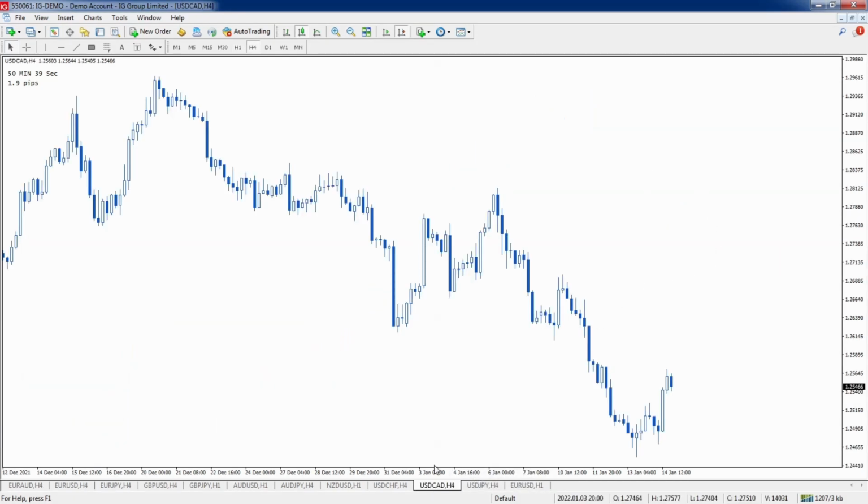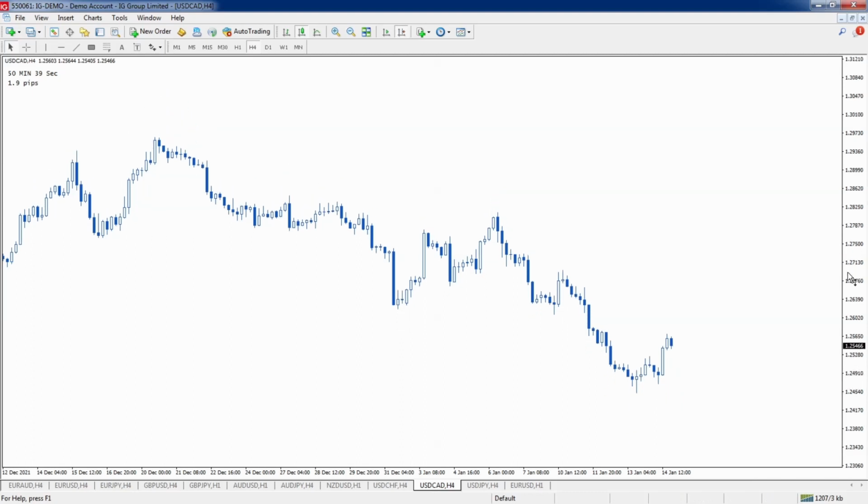And if we take a look at the US dollar, Canadian dollar, we can see we have the impulse moves to the downside. And right now we're looking at a correction. So this would be a great time to start looking for shorting opportunities. Again, I'd be looking to go short under this swing low, or I'd be looking for a signal or an indicator or something to give me an opportunity to go short after this pullback.